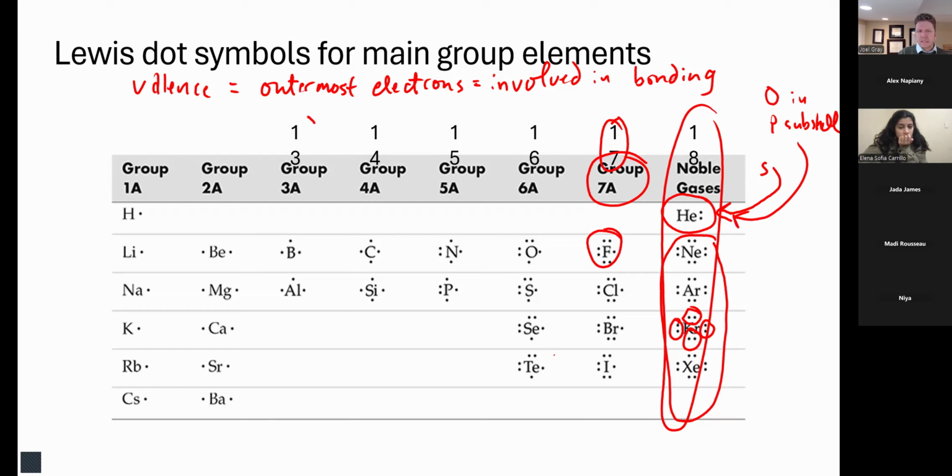Now, tell me how many electrons does tellurium, Te, have in its p subshell? 4, perfect. It's got a total of 6 valence electrons: 2 in the s subshell and 4 in the p subshell. Iodine, 2 in the s subshell, 5 in the p subshell. I think the best thing for you to do with respect to those subshells is focus on how many electrons this atom has in its s subshell and its p subshell. Those are the 2 things that I want you to be interested in.